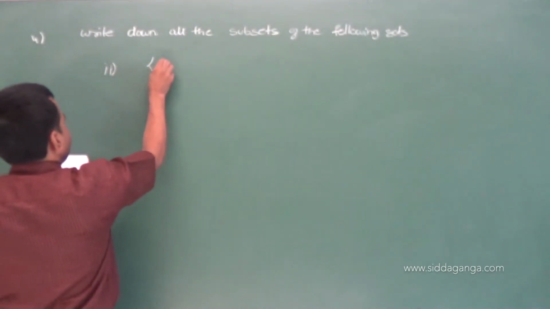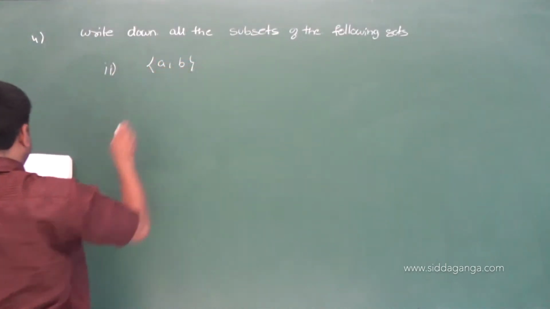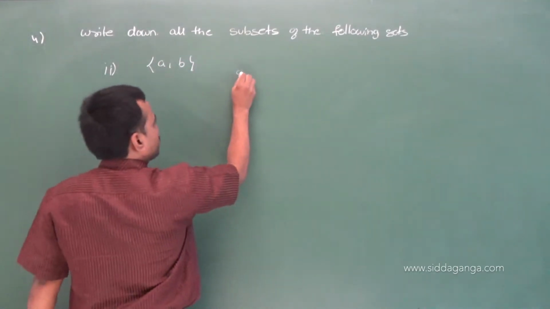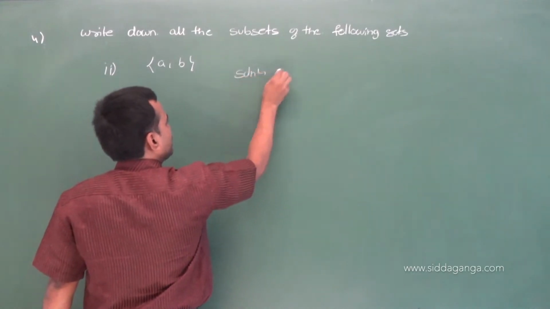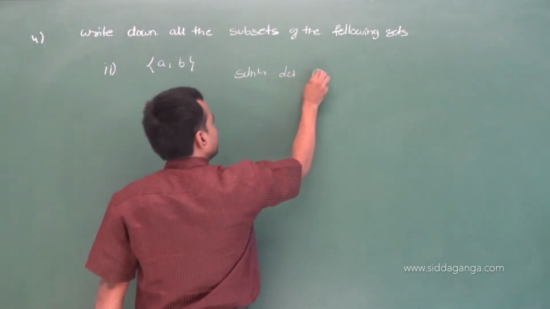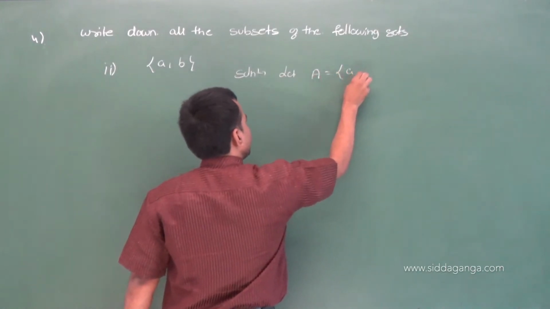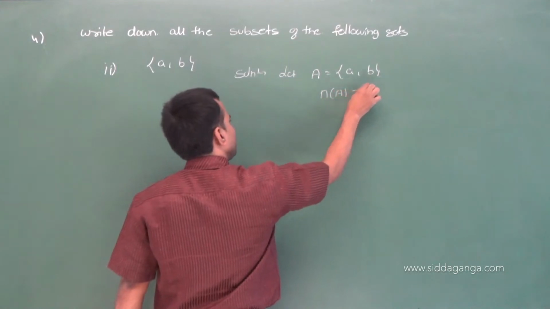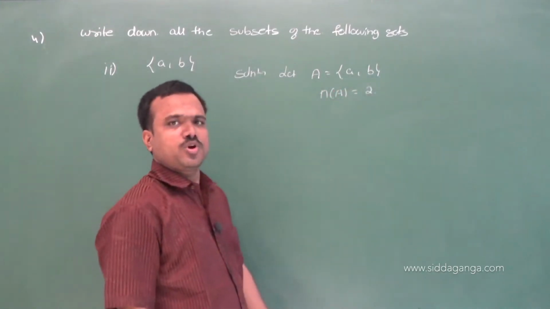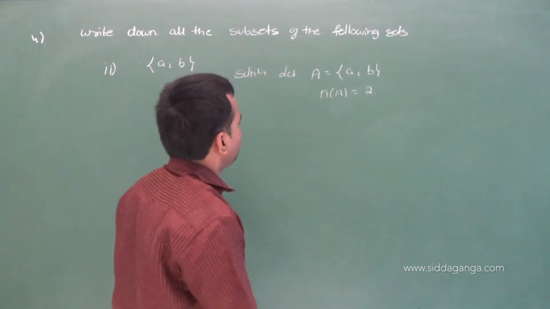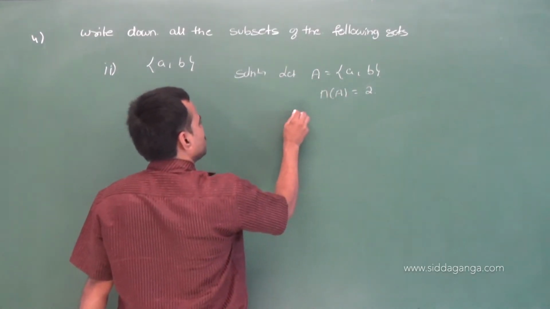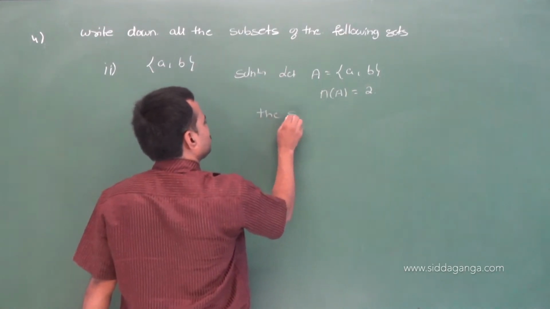Second question, {a, b}. Solution. Let A be equal to {a, b}. n of A is what? 2, the number of elements present in A. Correct? Okay. The subsets are